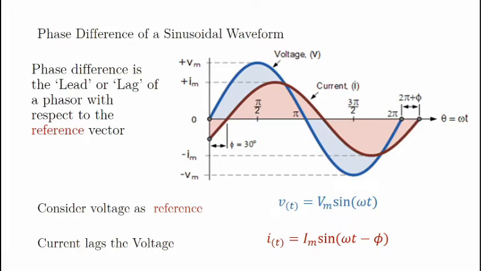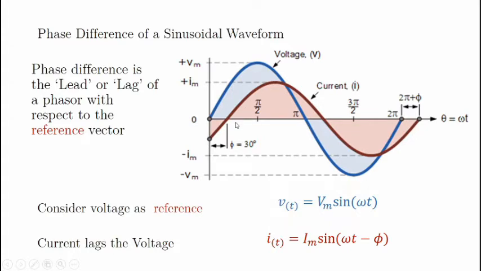First we'll see what is a phase. What is the phase of a sinusoidal waveform? Phase of a sinusoidal waveform is the position of the wave at any particular instant, or the position of that particular vector at any particular instant. So from this waveform we can see that at pi by 2 or at 90 degrees the voltage wave is having its peak value. That is the phase of the voltage wave at that particular pi by 2.